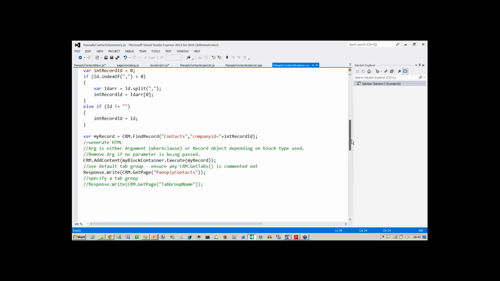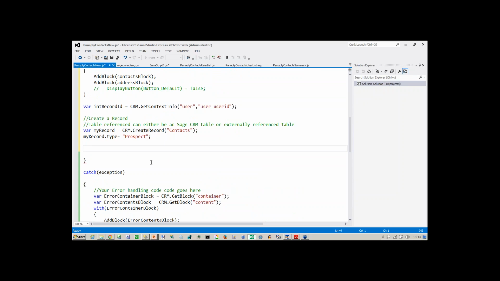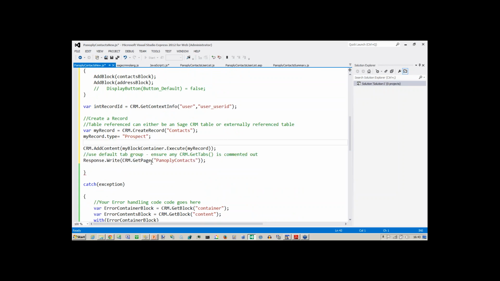Because before, we just used this idea of the add container block and get page to do that. That's something that I'll do in here. We'll say that we're going to take our container, add our record to the container, and then we're going to write that out. Now, there is another change that I want to do in a moment, but you've got this idea of get page,